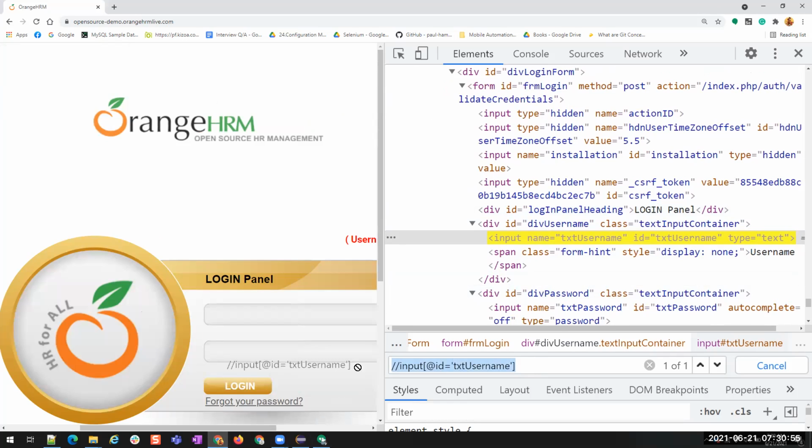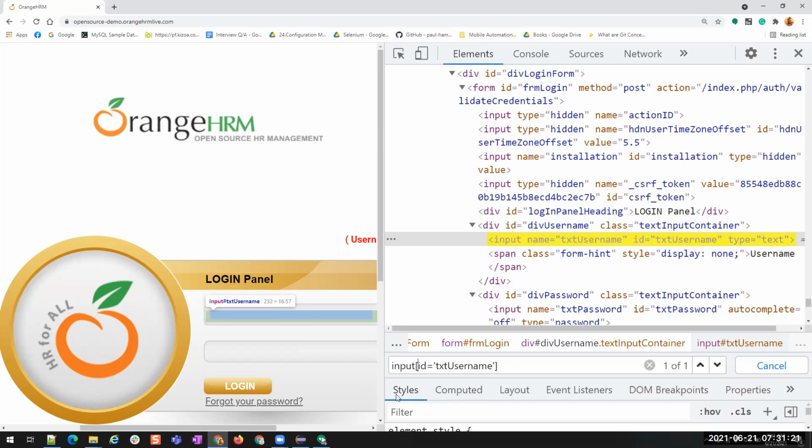Now I want to convert it to CSS. Since it is XPath, we are using //. But if it is CSS, we don't have to use the // in the beginning. You can just start with the HTML tag name. That's all. And in XPath, to represent an attribute we use the @ symbol. But in CSS it is not needed to represent an attribute using the @ symbol. You can simply write it. So I'll remove this @. Now you see, is it finding?